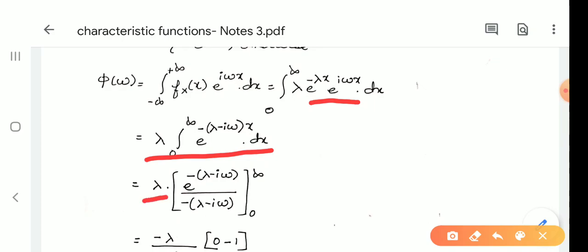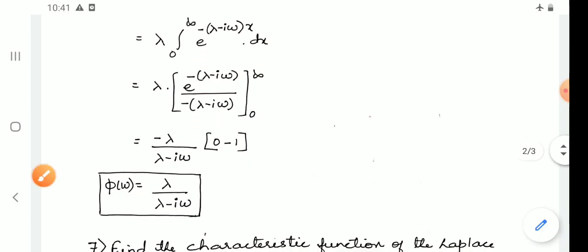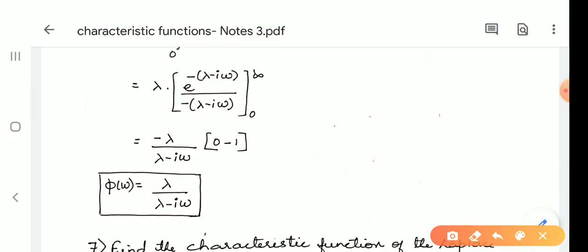When we integrate e power minus (lambda minus I omega) x, we get e power minus (lambda minus I omega) x divided by minus (lambda minus I omega). Apply the upper and the lower limits 0 to infinity. Here the minus we have taken outside. So, minus lambda